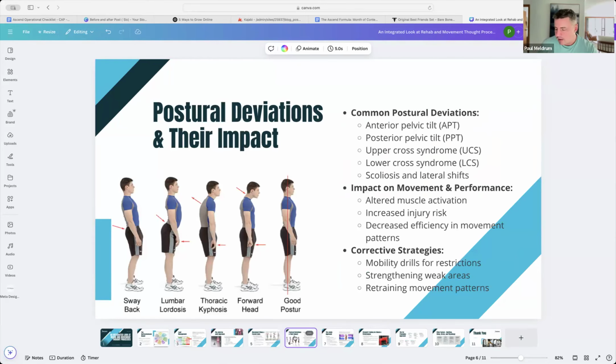Postural deviations and impact. As I said earlier, just because someone has a postural deviation doesn't mean they will get pain. A postural deviation also doesn't mean that they won't get pain. So it is individualized. Some people can have shitty posture and have no pain. Some people can have shitty posture and have pain. Some people can have great posture and have pain. So all permutations exist. We don't care so much about whether the research shows X, Y, or Z. We care more that for this person it does.